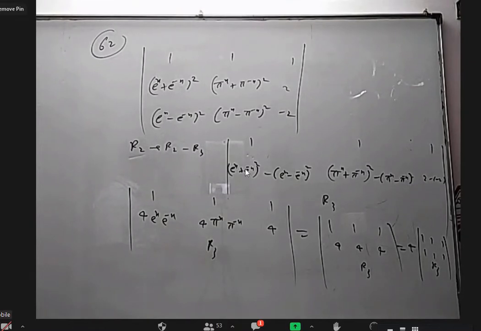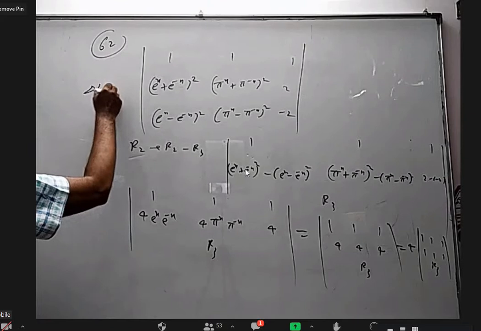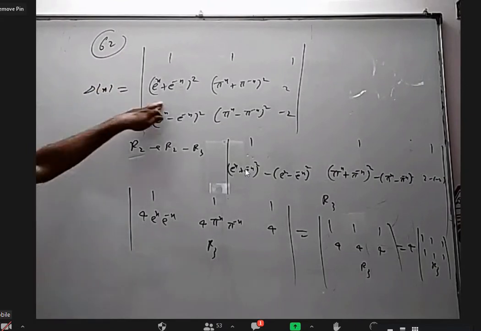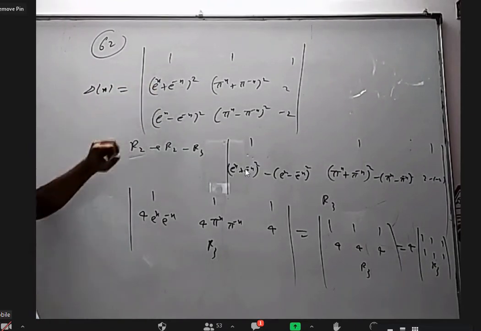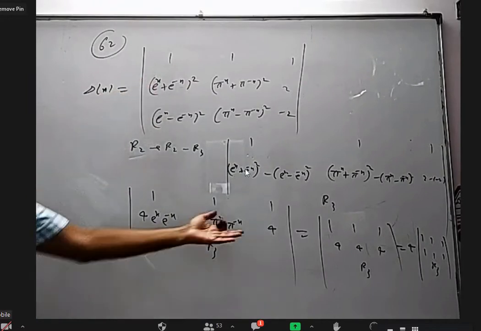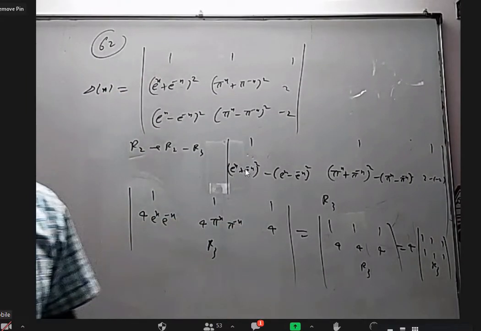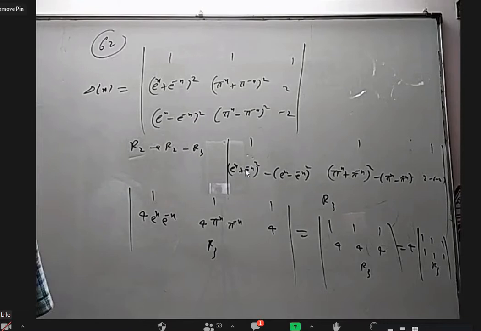Whoever asked: your delta x has no role. Whether x is 5 or 100, if you want delta 10, you have to put 10 here. If you want delta of 7, you have to put 7 here. But in the answer that is not playing any role. So whatever x you take, the answer is always 0. Okay, sir.